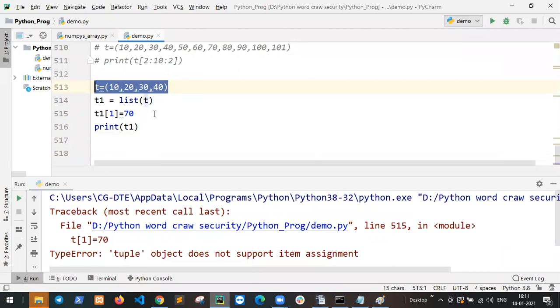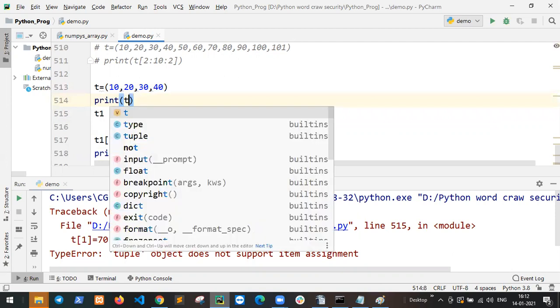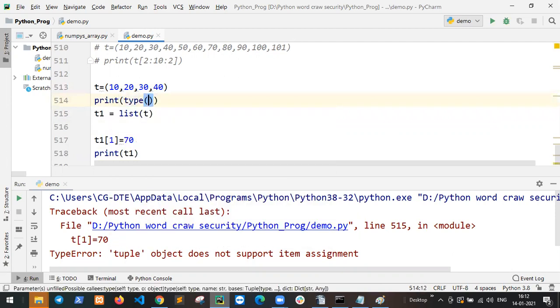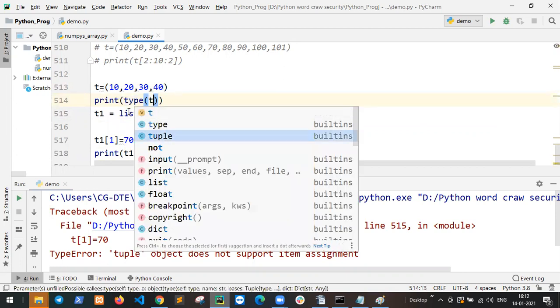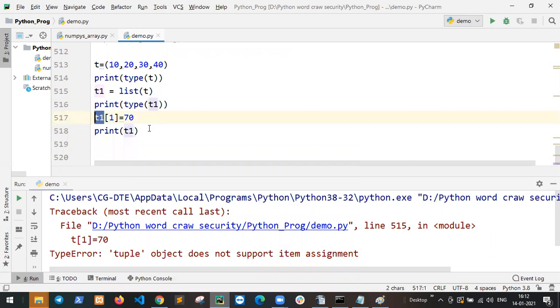So, create a tuple, and use the list function to convert it. If I print the type of t, this is a tuple, but after the list function, the type of t1 is list.